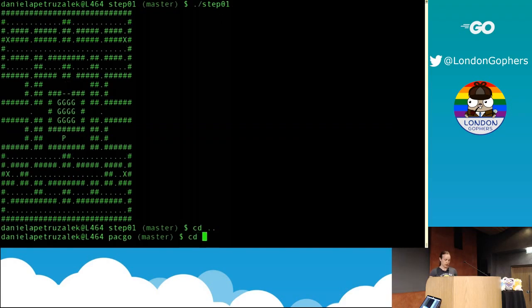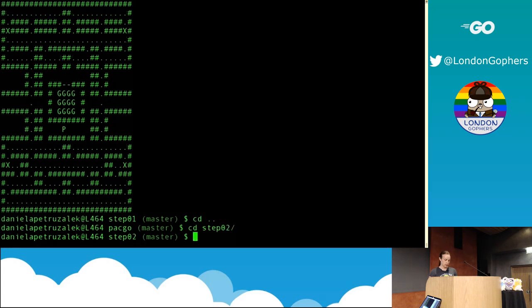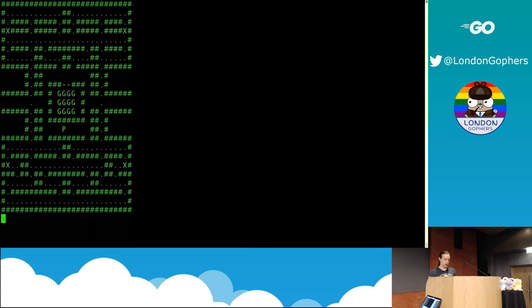In terms of the step, it doesn't look that different. But trust me, I can press any key here, nothing happens, and it only quits if I press the escape key. But under the hood, it's animating things because I'm calling clear and I'm calling